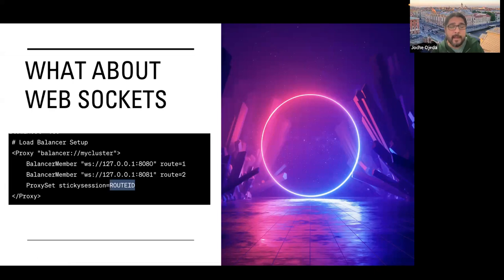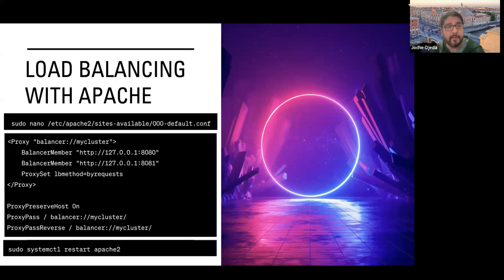So the next thing that we need to think about is, what about WebSockets? How do I forward those? And basically, it's kind of the same idea. So if we go back here, see the proxy set LB method is by request. If we want to use WebSockets, which means we can host SignalR connections,